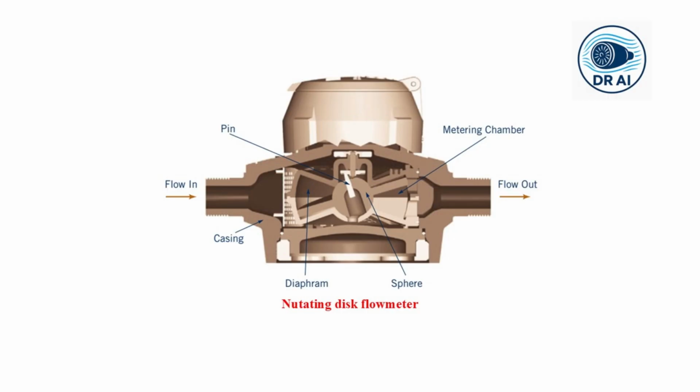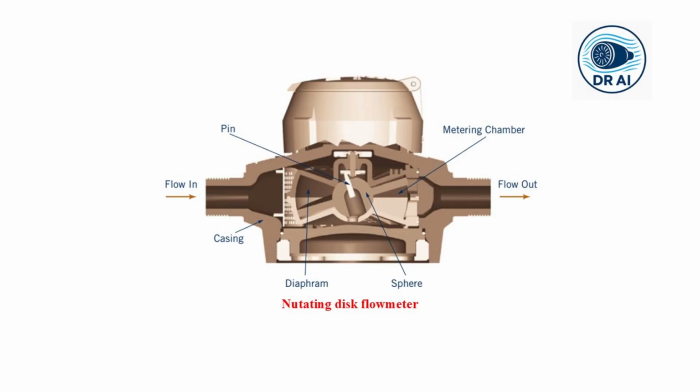Just like that, the disk wobbles around the chamber, and as it does, it alternately traps the water on one side and then the other. For every complete wobble, a precisely fixed volume of water is swept through the chamber and out the exit. A pin attached to the disc connects to a gear train that drives the dials you see on the outside of the meter. So by counting the number of wobbles, you measure the total volume of the water that has